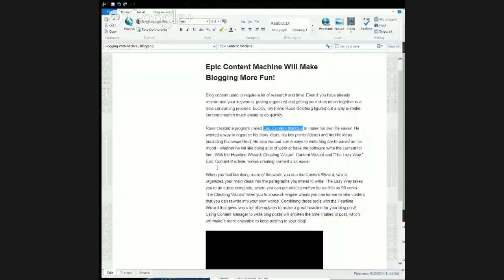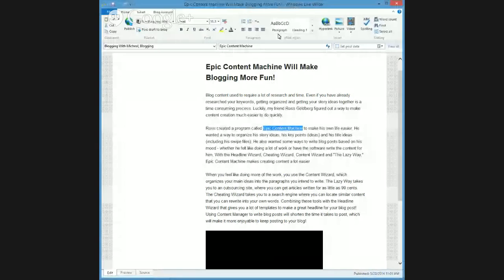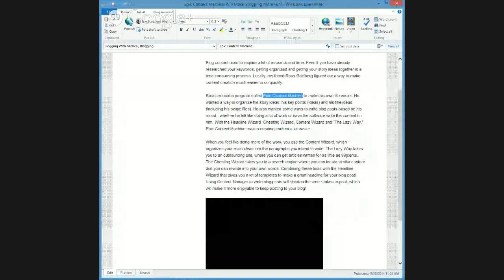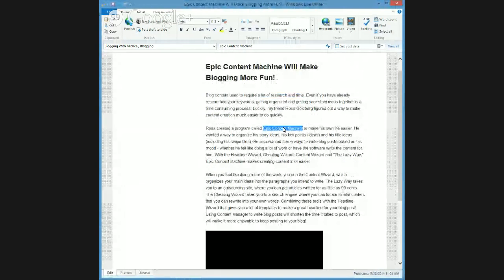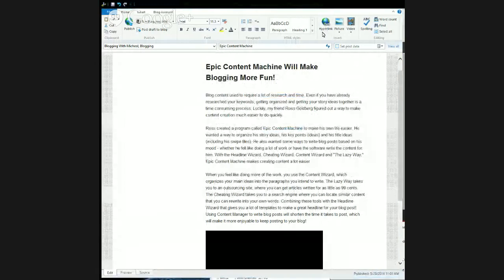All right, let me show you the Windows Live Writer, because this is what I use for most of my stuff. I've highlighted Epic Content Machine. I'm going to click on hyperlink, and since I had already copied my Epic Content Machine link, it automatically links to it.